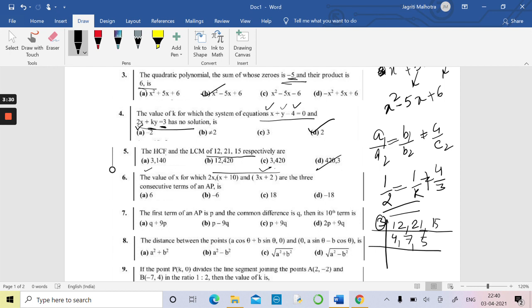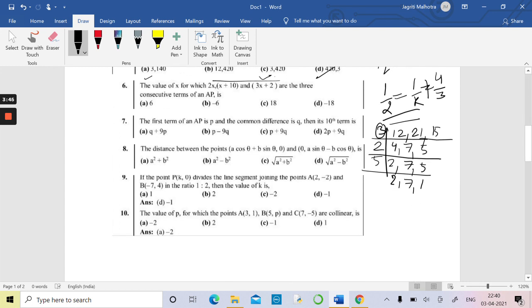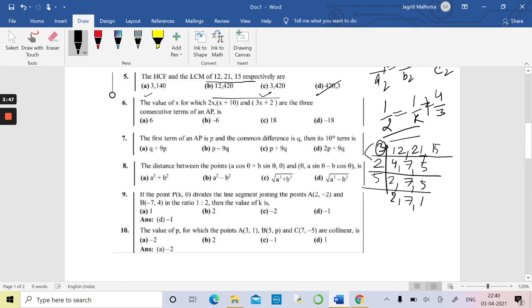Now let's start taking out the LCM portion. Now there is no common number which will be dividing this, so let us start here. 2, 2, 7, 5. Let's start with 5, 2, 7, 1. Now let's multiply it. 3 2s are 6. 6 5s are 30. 30 into 2, that is 60. 60 into 7, that is 420. Then that means 3 comma 420 is the correct option.